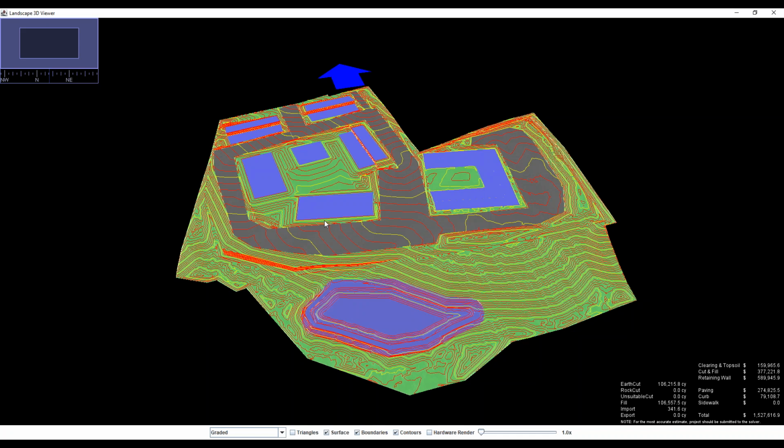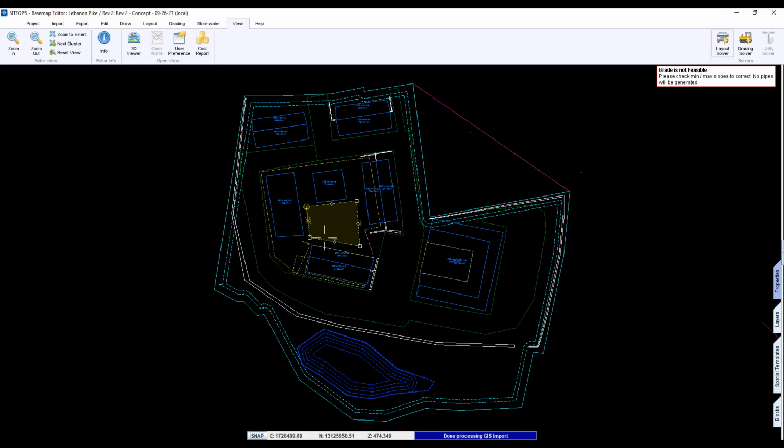Just getting a lot of information in a short amount of time that you couldn't really get any other way. So on certain sites, it's definitely a huge help to do an analysis on it. And I feel pretty good with this one. I mean, because it's straightforward, but the main thing is kind of knowing, hey, you really don't want to put a split here. It just makes no sense.